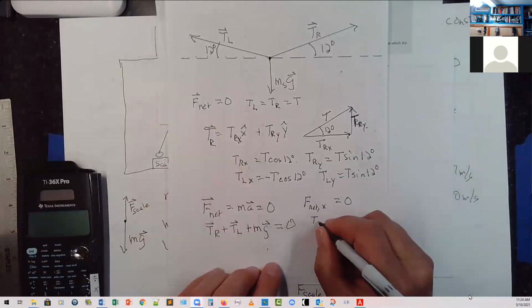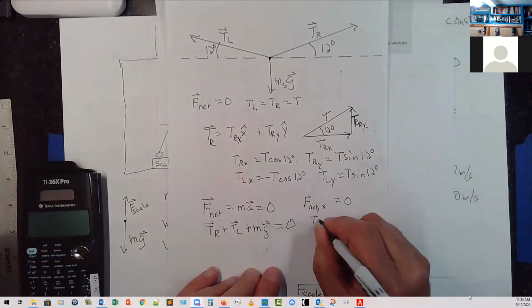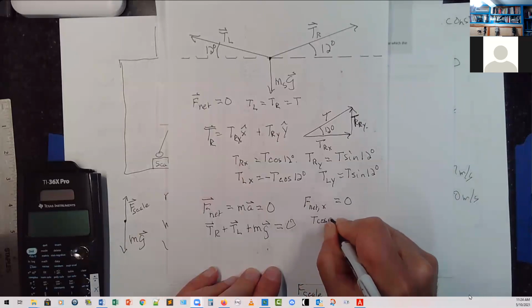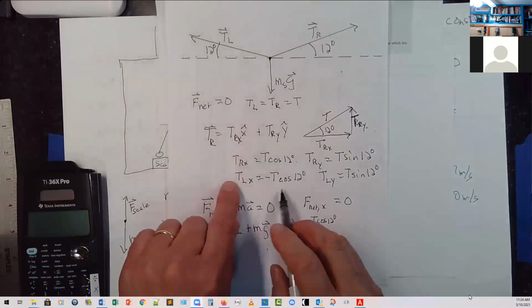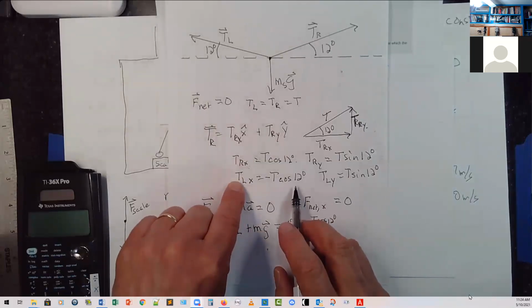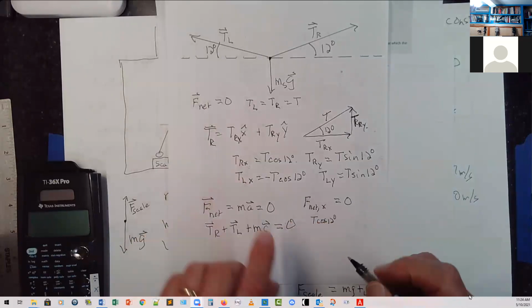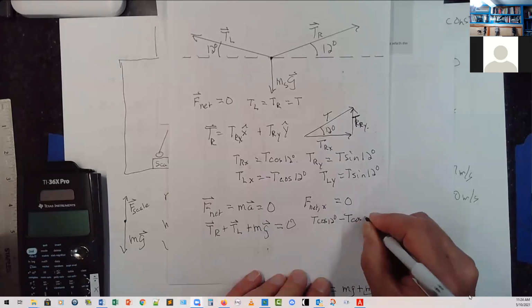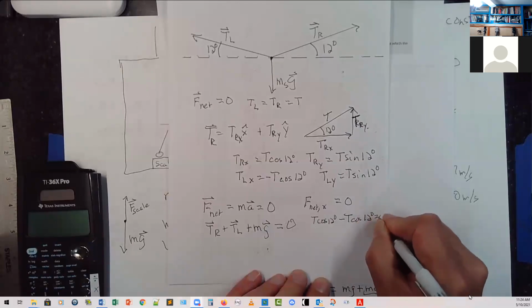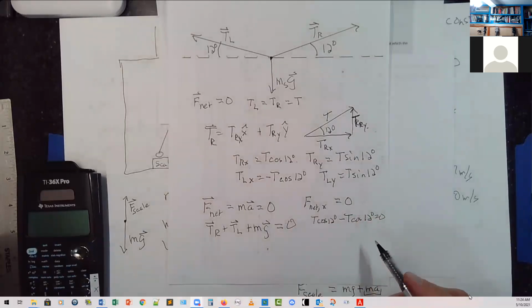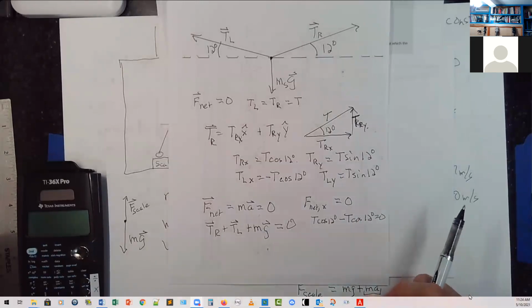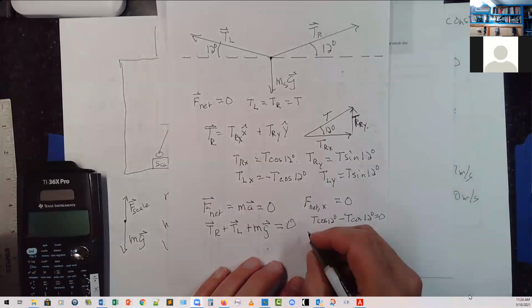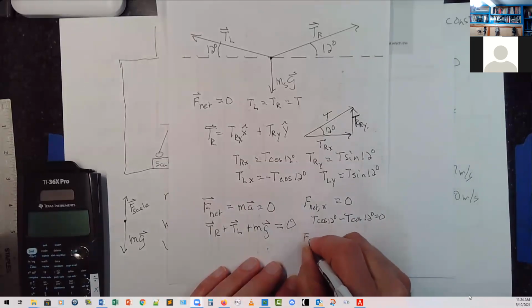What I get out of this is Fr in the x direction, T cosine of 12, plus TL in the x direction, that's just going to be minus T cosine of 12. Those are equal to 0. And all that tells me is that the left and right components cancel out. But the vertical components, the net force in the y direction,